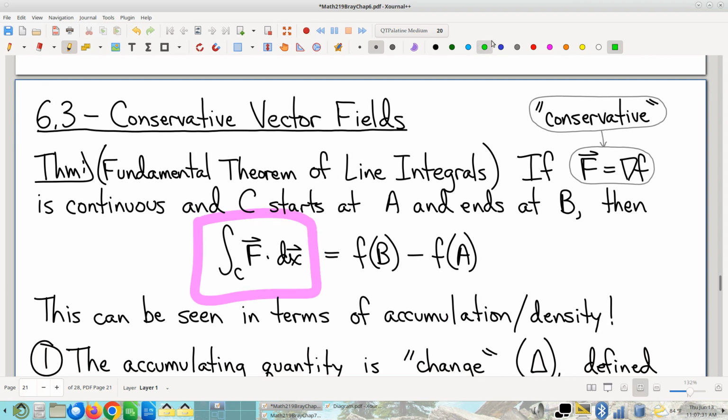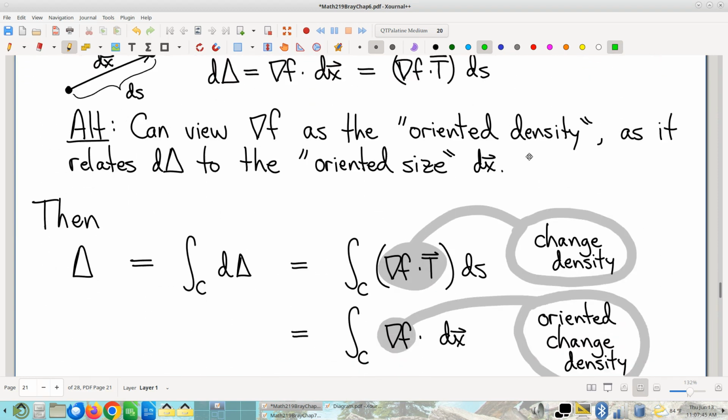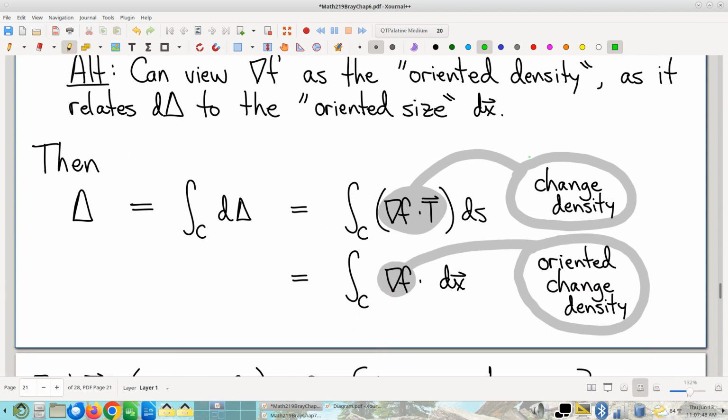Okay, well, notice that the condition here is if, big if, your vector field integrand is a gradient. Very important. It's got to be a gradient. Why does it have to be a gradient? Well, it's intimately part of the argument that we made. The gradient is part of our density. It's got to be a gradient. Deriving it in the way that we did, it was only an integral of a gradient that we were able to connect to this idea of keeping track of change, accumulating change. So it's got to be a gradient,